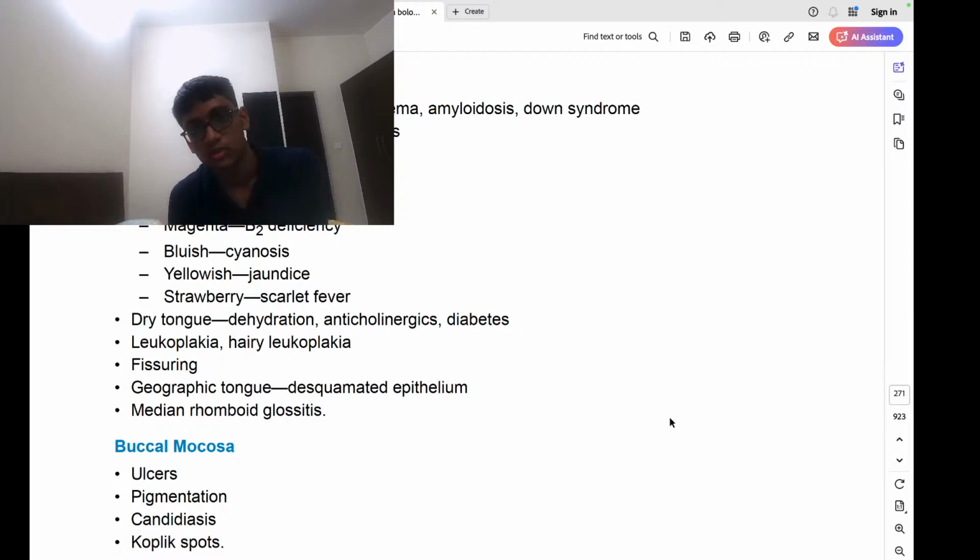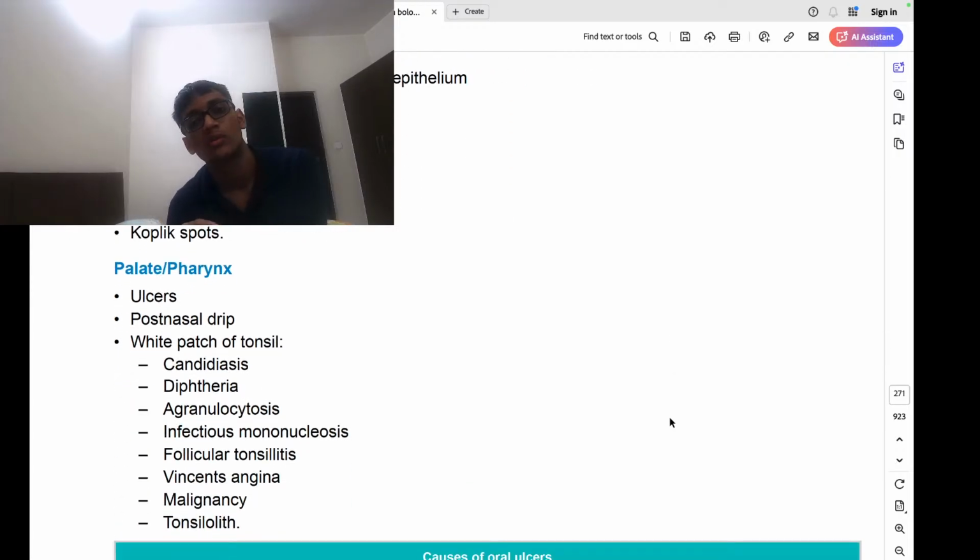Dry tongue is dehydration, anticholinergics, diabetes. You have leukoplakia, hairy leukoplakia. Fissuring will be there. Geographic tongue is desquamated epithelium, and median rhomboid glossitis will also be there. Buccal mucosa, you have ulcers, pigmentation, candidiasis, and Koplik spots. Palate and